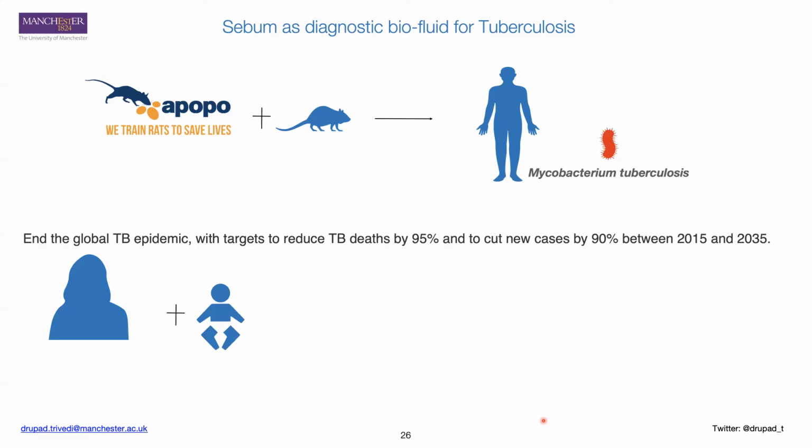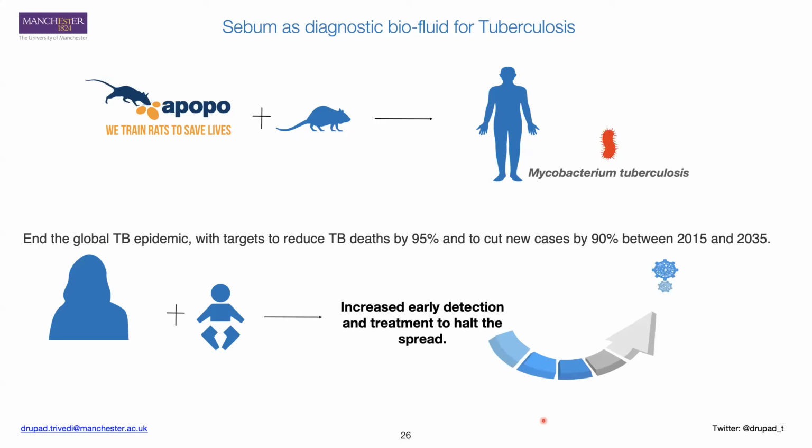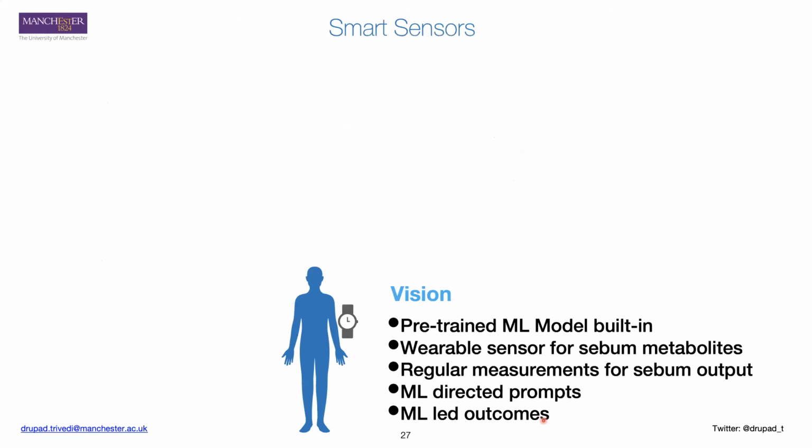So you either have to do a blood test, which will take a week. And if they're going to start spreading TB, it's never going to stop. So with Joy and children and rats, the idea is to use the same platform we discussed with Parkinson's to first detect the smell of tuberculosis in molecules, and then try and create something new and smarter, which is a wearable patch. So I'm working on creating a wearable patch that can be put on skin that will detect these